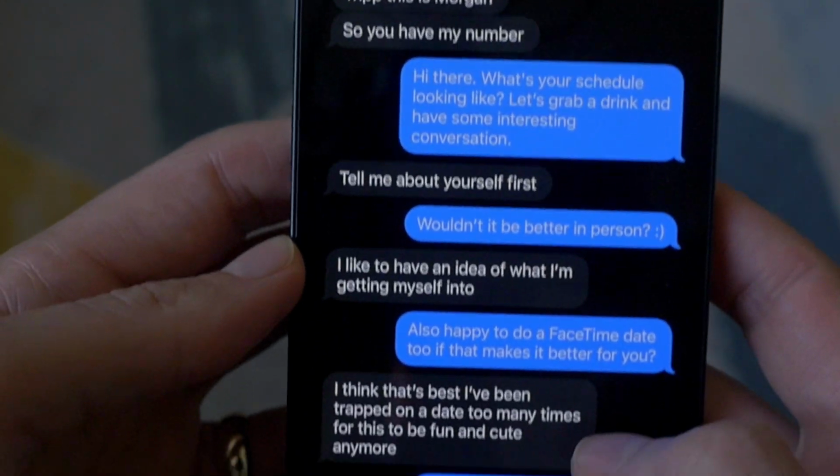I've already matched about the amount of dates that I got last time when I was doing it for about 3 full days. So just so you can see what's going on here, this first one says, hey Trip, it's Morgan, so you have my number. I said the same thing. By the way, as you know, I've been saying the same things over and over. I'm keeping it as close to a script as possible because as I'm seeing here, which I knew was the case, you need a ton of volume. You need a ton of volume, and to sit there and come up with the most unique thing ever is just a total waste of time because you need to go through a lot of different women.